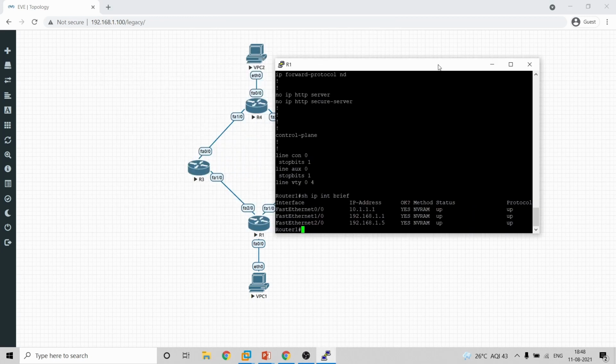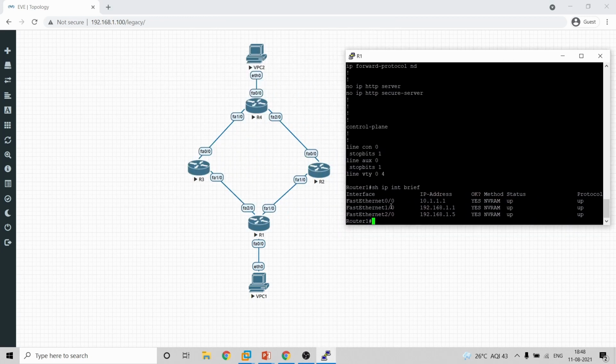We'll just go through the R1 configuration first. There are three interfaces in R1. 0/0 is the LAN interface, which has .1, which is the gateway IP, and 1/0 will be connecting to R2. The IP is 192.168.1.1. So here 1.1 and 1.2 are used for the eBGP, and similarly to connect to R3, the IP addresses are 1.5 and 1.6. Okay, I'll show you the BGP configuration.